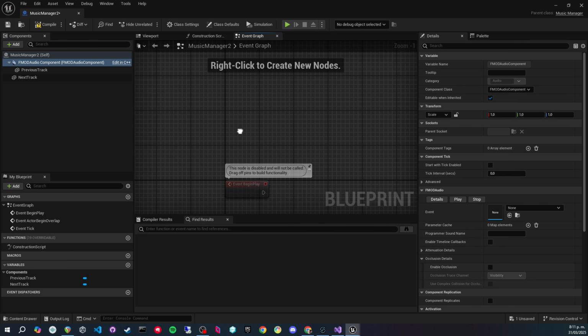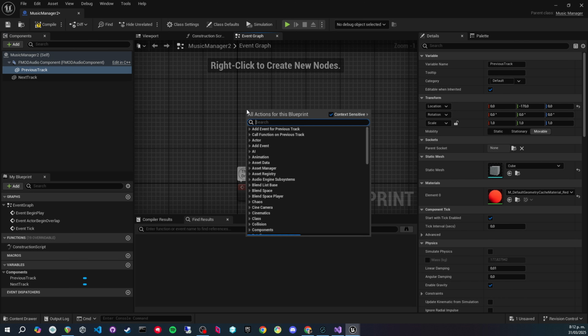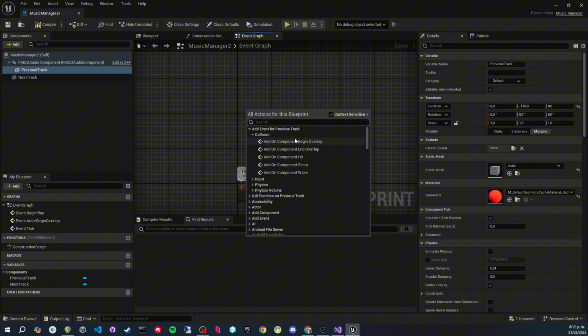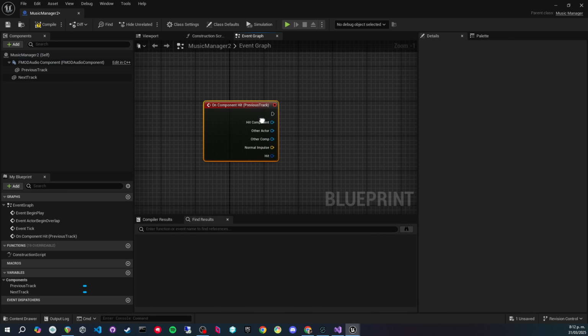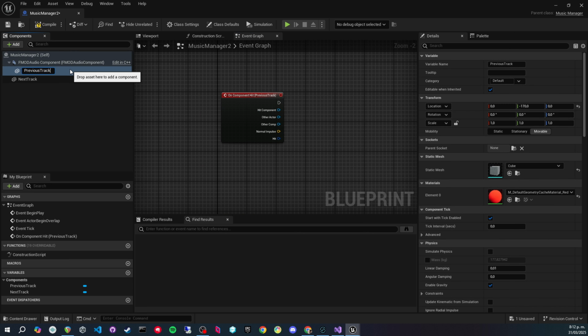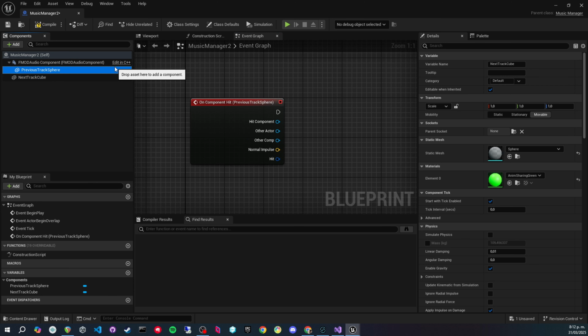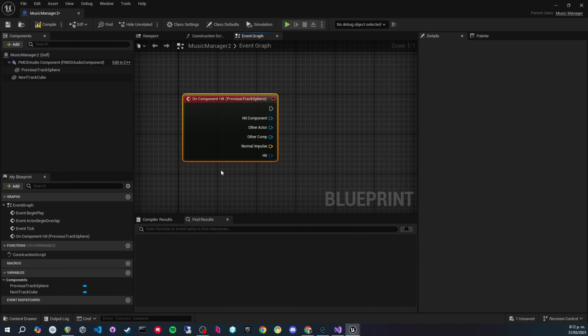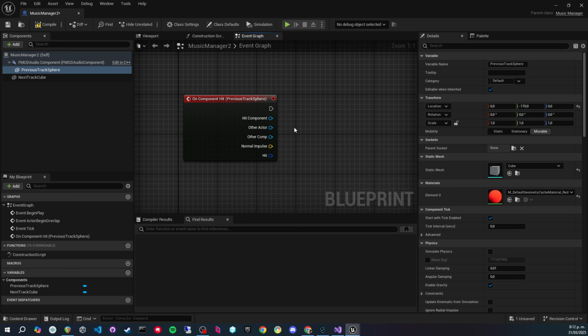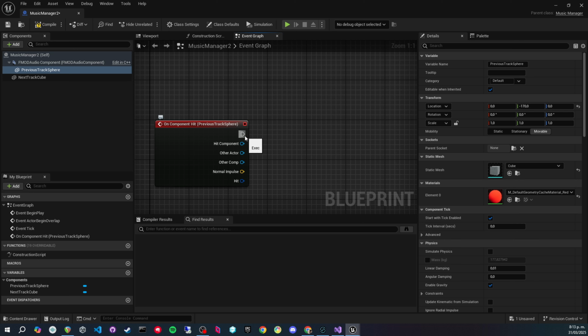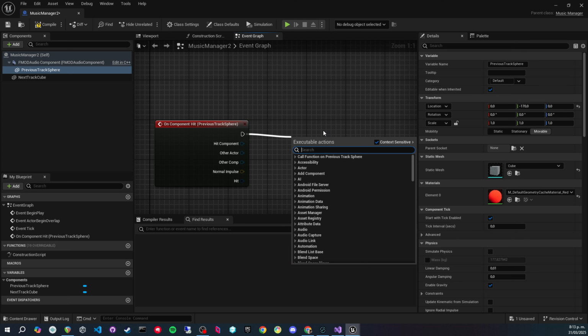So what can we do with this? Let's grab the cube for the previous track, and we can add an event for this one, which can be this component hit. Let me be more specific with it: previous track cube. There we go. Let's avoid any kind of confusion. This is an event that happens whenever something hits this component. I can have different validations that let me know when something hit it or not, but we will keep it simple. So from here, I can take my previous track function, play previous track,